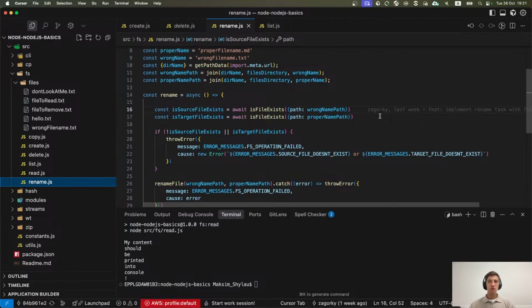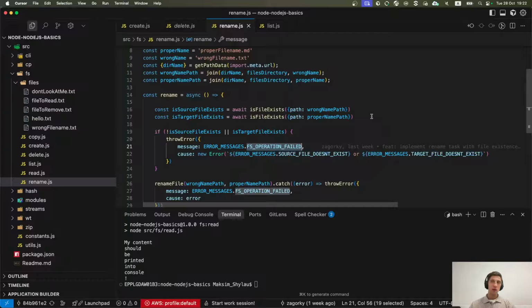If an error is thrown, any error here means that we are not good to go, and we just throw our error with the message fs operation failed. But yeah, you can handle the case when promises are rejected. You can use not Promise.all, but the Promise.allSettled API, which returns the value if everything is correct, and an error or cause, I don't remember exactly, for the failed one. So you can make more smart logic here if you need it.